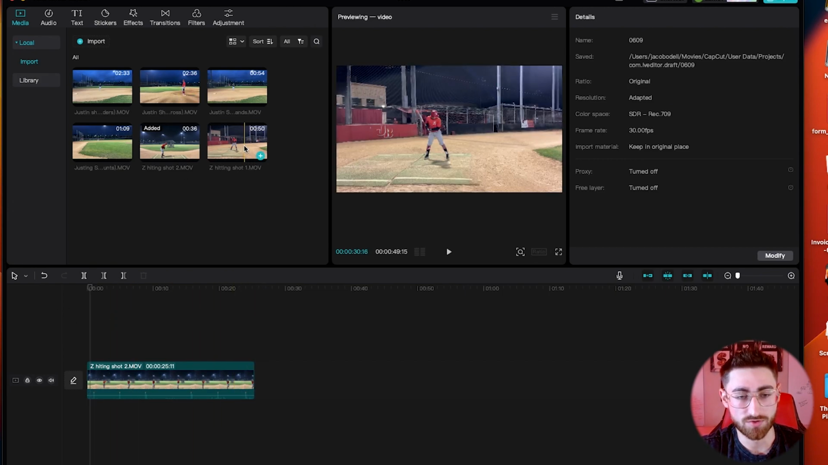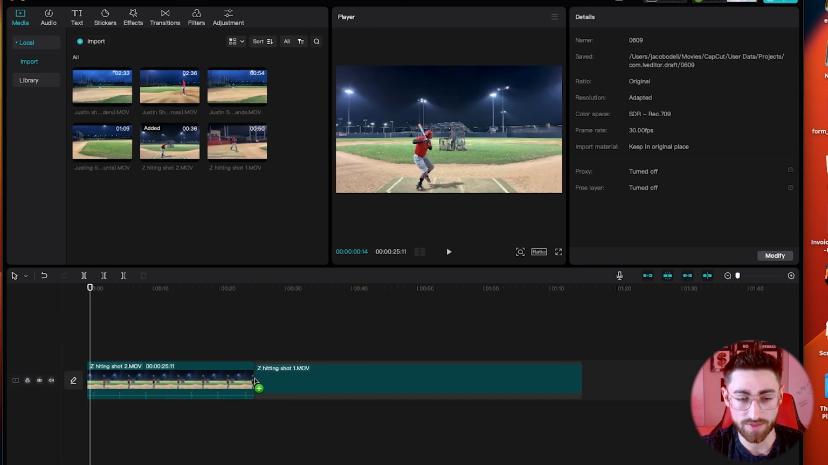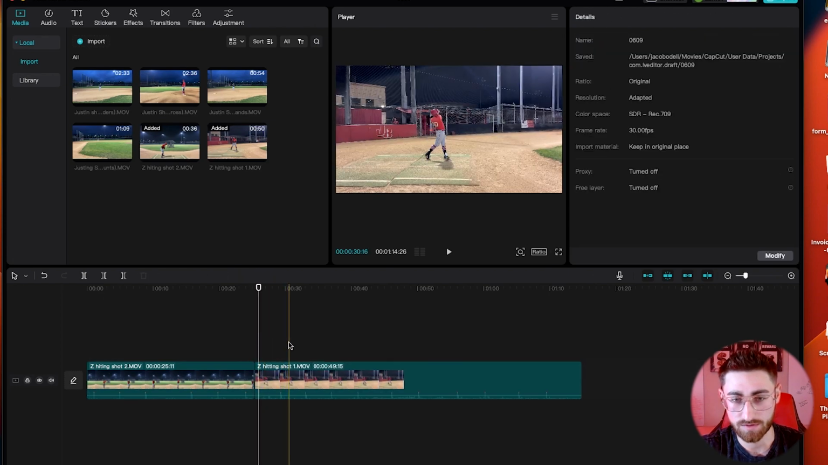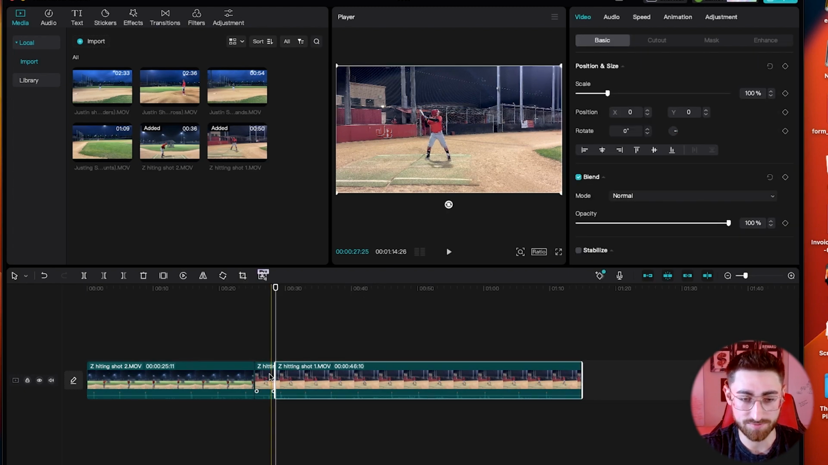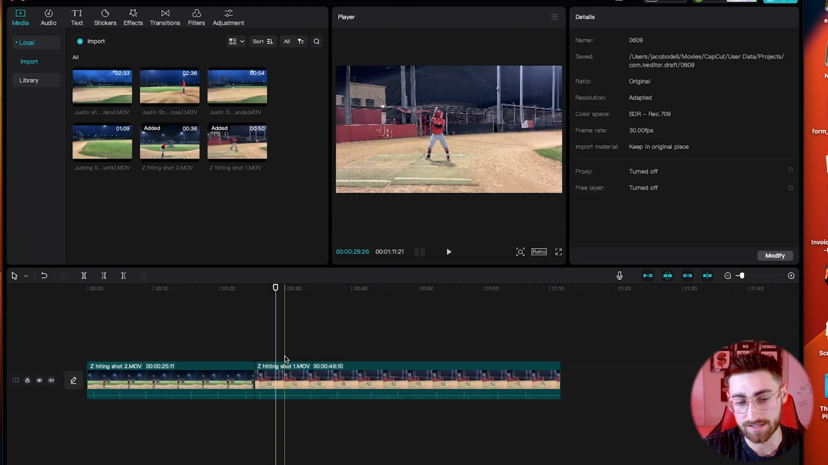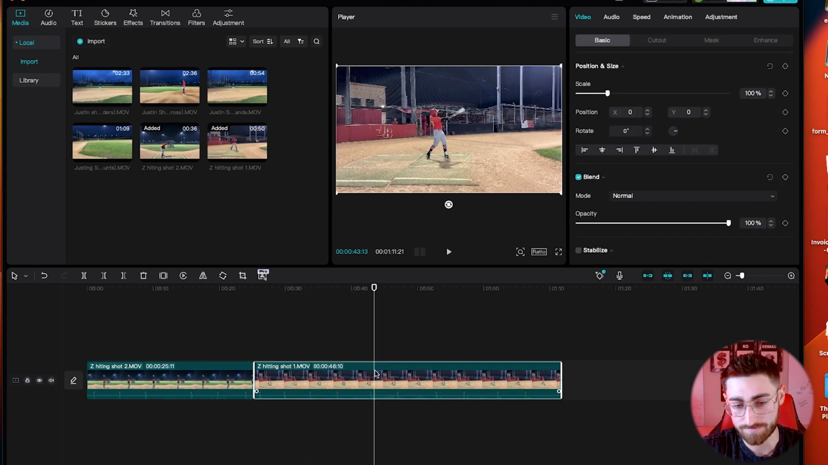Next thing we want to do is throw in the side shot for the hitting. So let's get a nice preview of this. Great, make sure you're showing your load. I press B, then A, select, delete. Get a couple of these in here. B,